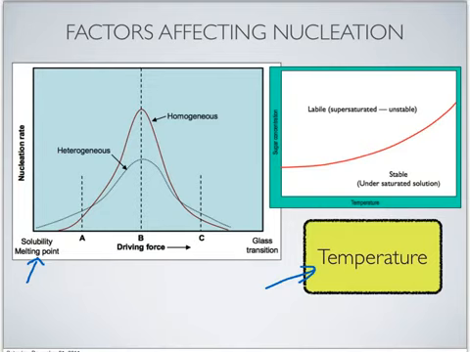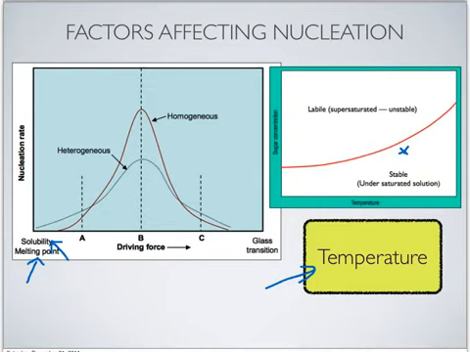The nucleation rate increases rapidly with a slight decrease in the temperature in the region near the melting point for melt, or near the solubility for a solution. So for example, if we start from this point in the solubility curve here,